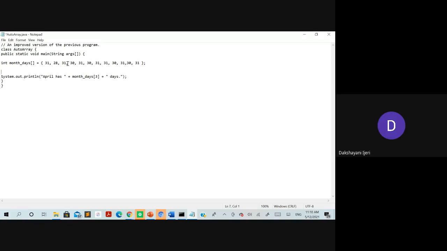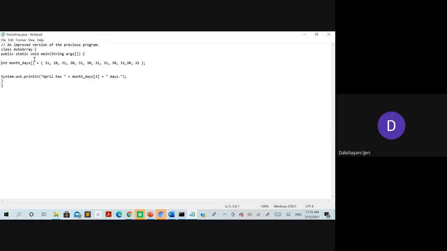What we did in the earlier example, we first mentioned the size, and then by taking each index value separately, from 0 to 11, we stored all these values separately. Right. So one more, the best or the efficient way that you can use to store the values is to directly take the array declaration, equal to symbol, and within the curly braces all the values that you want to store. So automatically what is the compiler going to do here? It is going to consider the array size based upon the elements that you have included within this curly bracket, separated by commas. So how many elements are there? 12. 12 elements are there, right?